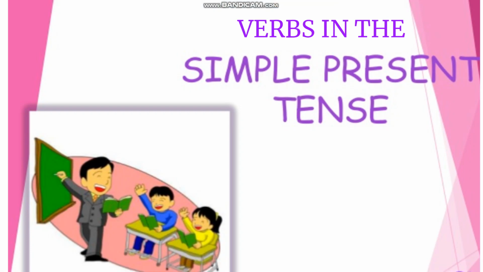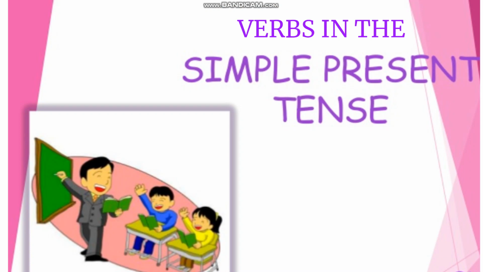Children, today we are starting the topic the simple present tense, wherein we are going to see how we are going to use the verbs in the simple present tense. What are verbs? We have studied about verbs. Verbs are the doing words, हैं ना, जो हमें actions या जो भी हम काम करते हैं, that is considered as the verb. So verbs are doing words or action words.